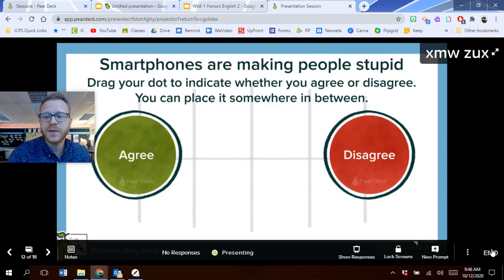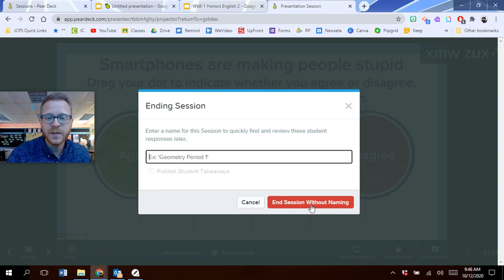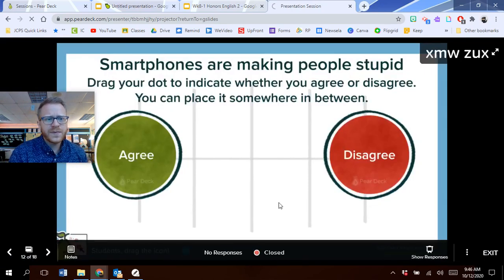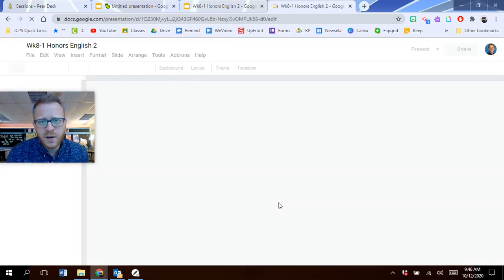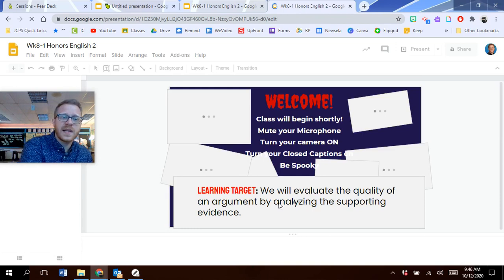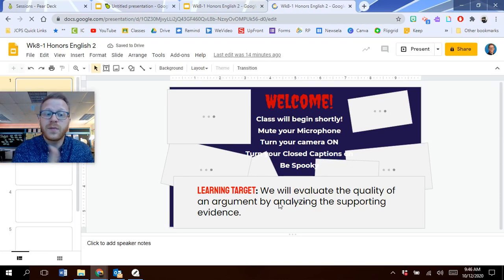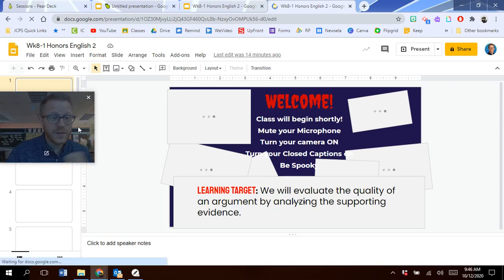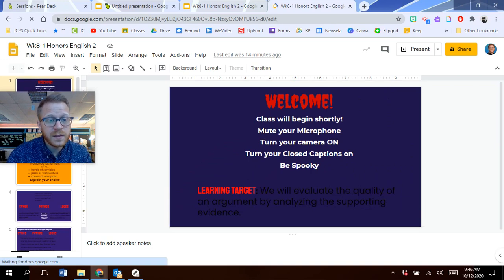Overall, Pear Deck is pretty user friendly. It's not difficult to just jump in and get started wherever you are, whether that's with a slide deck that you've already created or a slide deck that you create through Pear Deck, or even just using their slides. So as you work with it a little bit,